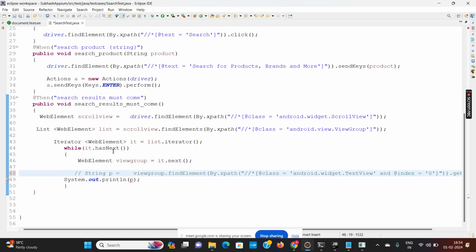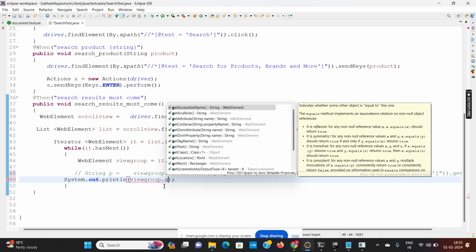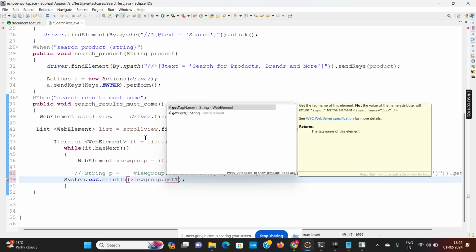What I do is, from the view group only, I will try to get the text and check what it is printing. View group dot get text.